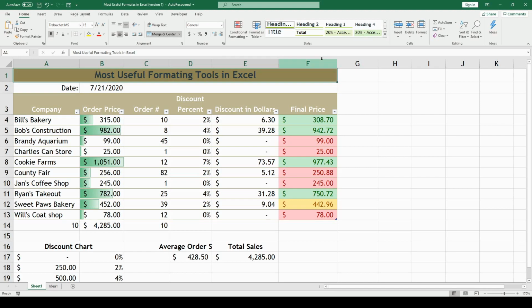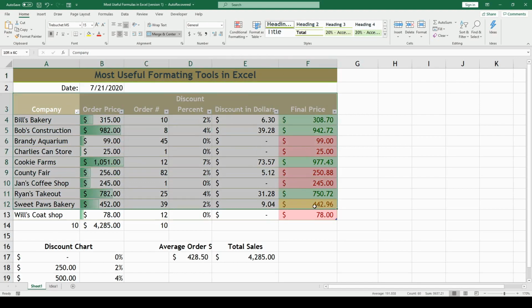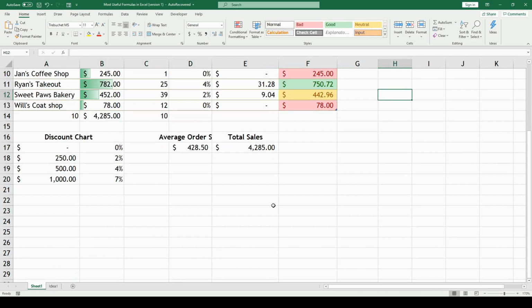All right, our next thing we're going to get to is formatting as a table. As you can see right now, this already is formatted as a table, and the way to do that is I'm just going to highlight over here, and you're going to go to this button right here. It's going to be Format as Table. And you pick what color and what style you want here. I personally like one of these ones down here in the medium. That way